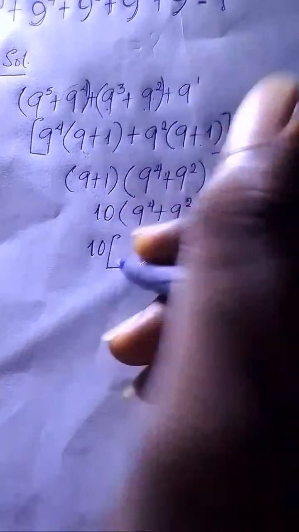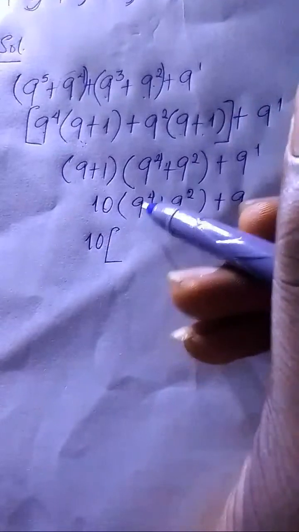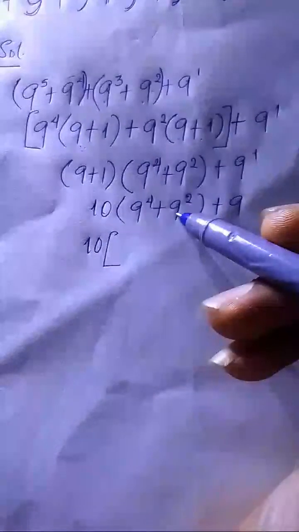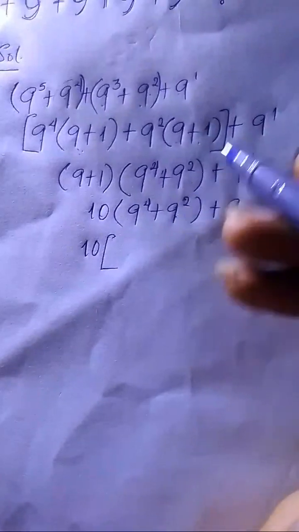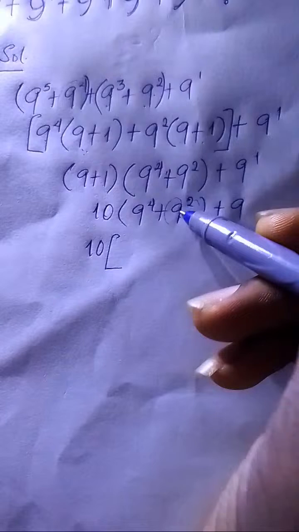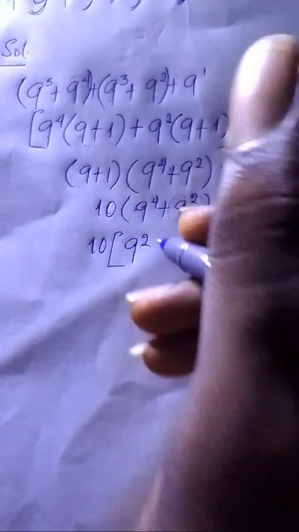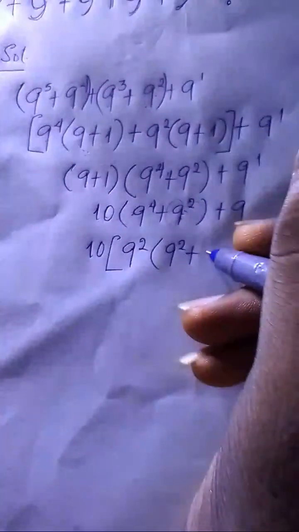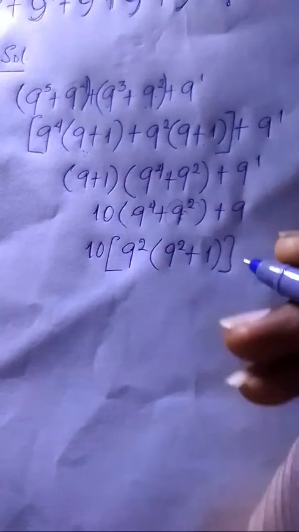So from here, we can see we have 10. You can see here that 9 raised to the power of 4 and 9 raised to the power of 2, there is something in common between them. What is common? 9 raised to the power of 2, we can find it here and here. So we can bring out 9 raised to the power of 2 from here. When we bring out 9 raised to the power of 2 from 9 raised to the power of 4, it's left with 9 raised to the power of 2. And when we bring out 9 raised to the power of 2 from 9 raised to the power of 2, we're left with 1, right? Bracket plus 9, right? So from here, we have 10